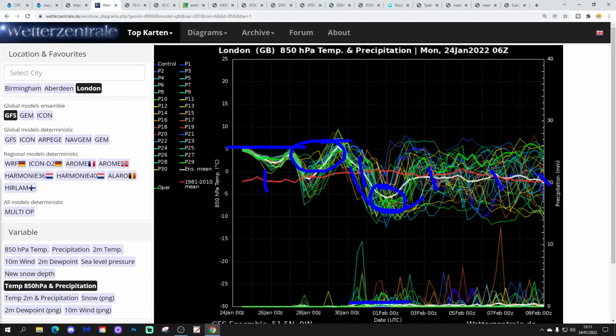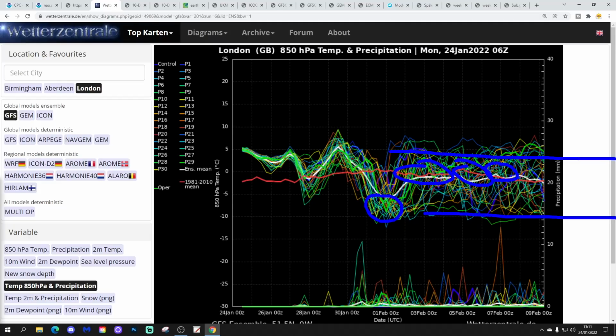There's a couple of day cold snap appearing within there. And one of these ensembles is getting quite cold, actually, going down to as low as minus 10 at 850 hPa. It is only a cold snap. And then after that, we see the upper air temperatures recovering back up to average, potentially going quite mild.